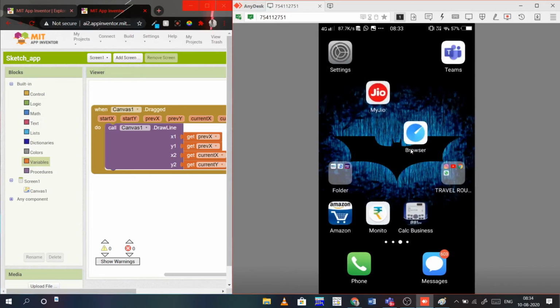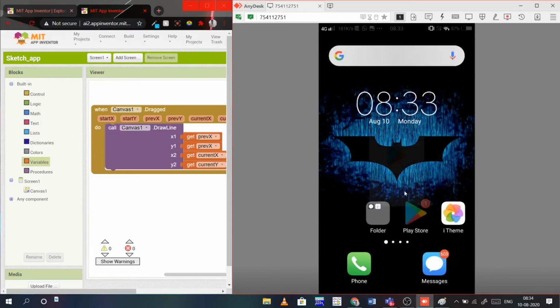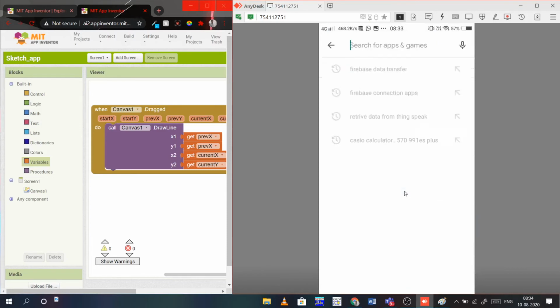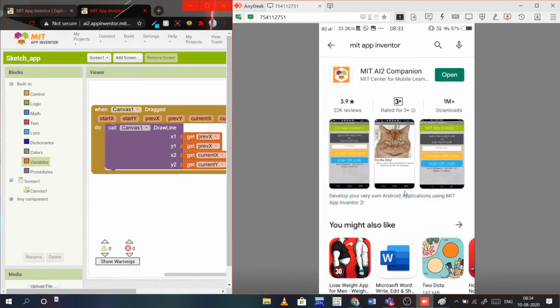First of all, what you need is the MIT App Inventor companion. You can find it in the Play Store. MIT AI2 Companion, you can download it.